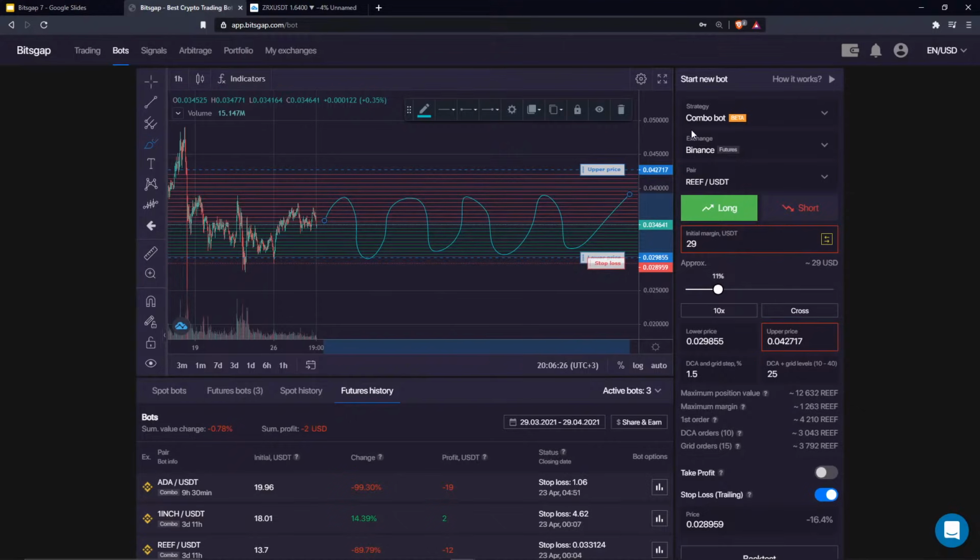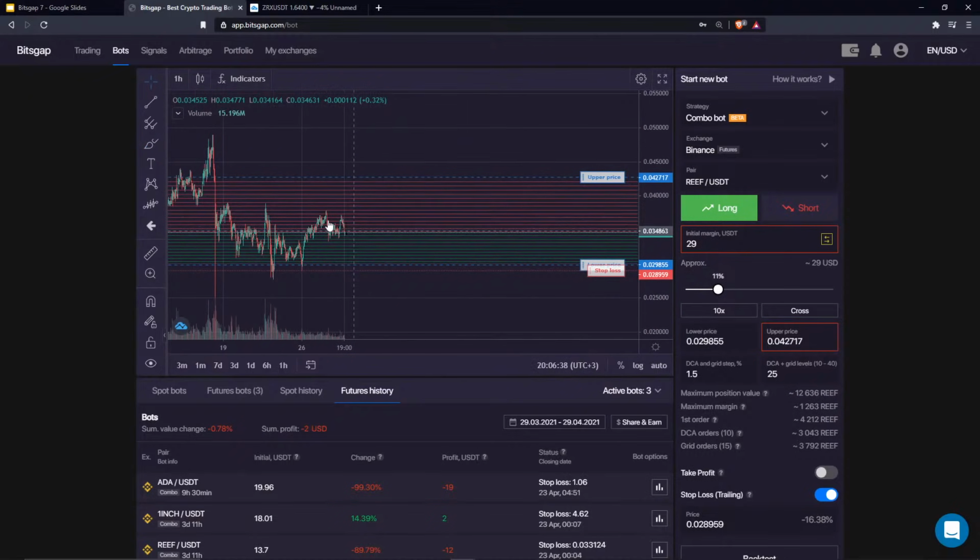well, do not use the Combobot, because it's only designed for the market scenario like this and like this. It's not optimal for the sideways market, because you end up having a zero delta. So basically your return is around 0 in this case. So that's why